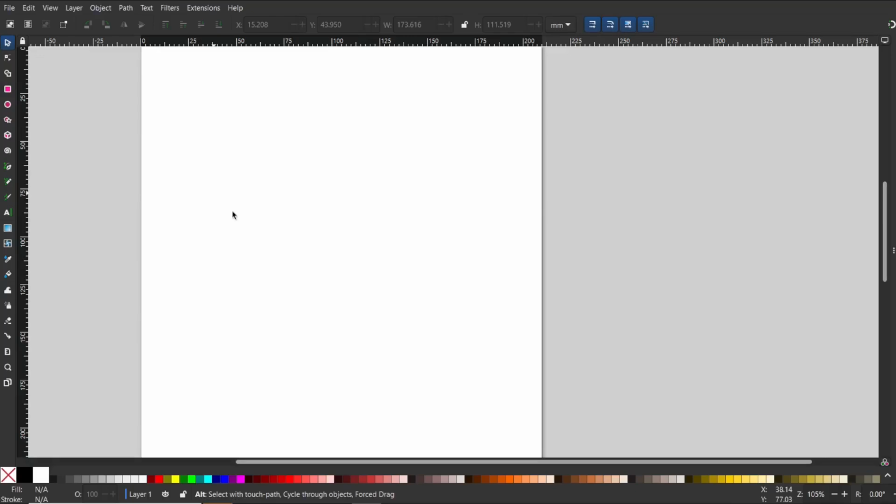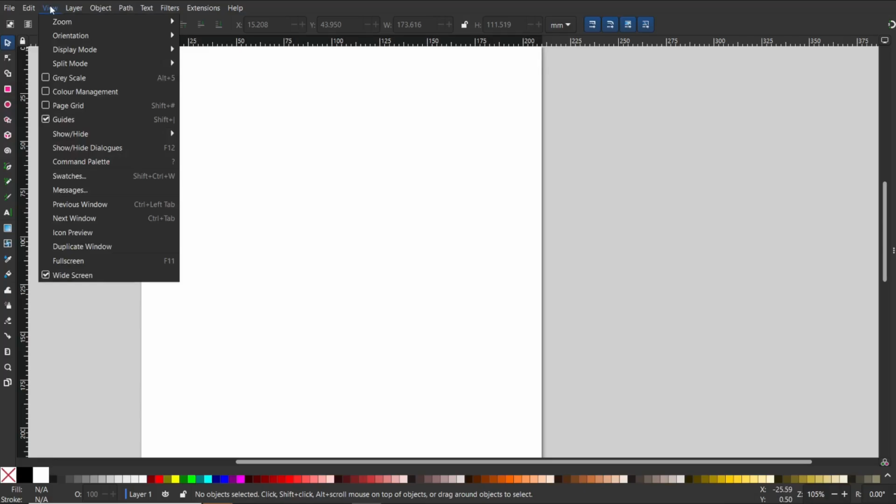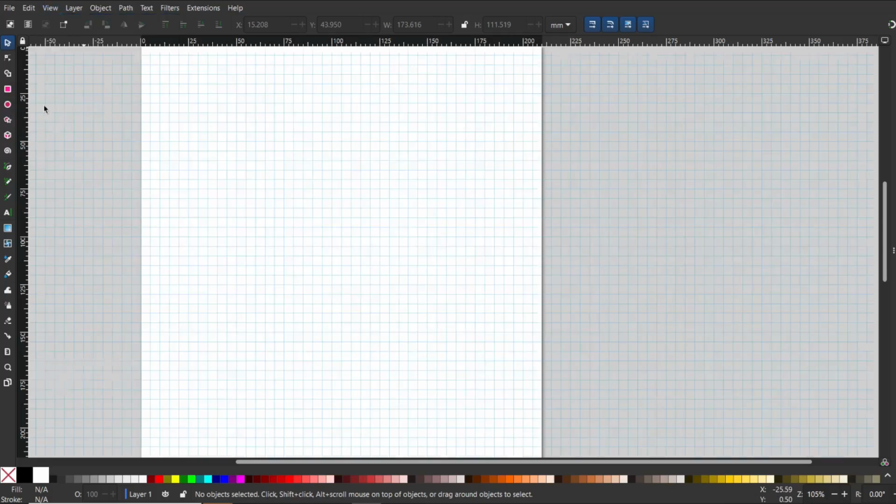Hi, in this tutorial I would like to show you how to set snap to grid in Inkscape. So first we need to do is turn on page grid. So I go to view and then I select this one option, page grid. You will see here the page grid, but if you want to change snap to grid settings, we need to